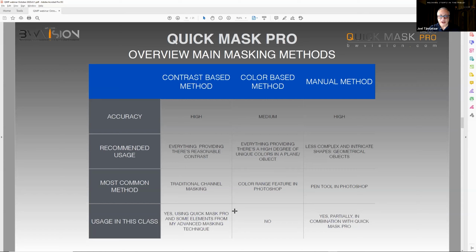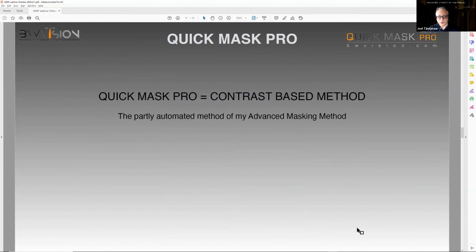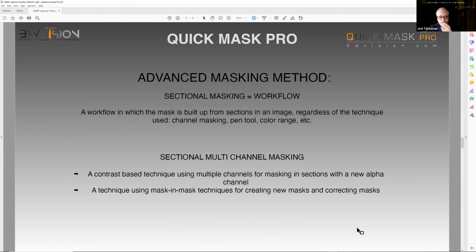Okay, so this part, the color-based method, I'm not going to use in this class. This I'm going to use, but just partially in combination with Quick Mask Pro. Next slide. So Quick Mask Pro is a contrast-based method. It's a partly automated version of my advanced masking method. For those of you who don't know about my advanced masking method, I call it sectional masking and